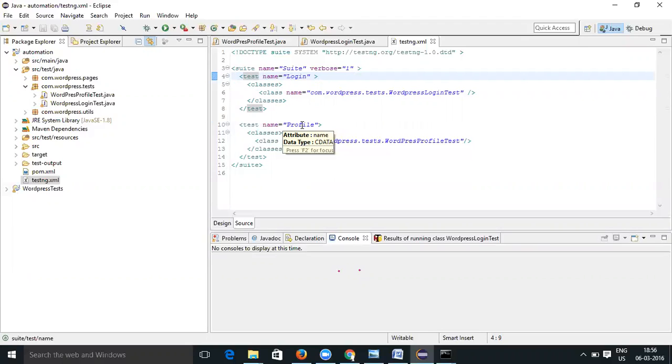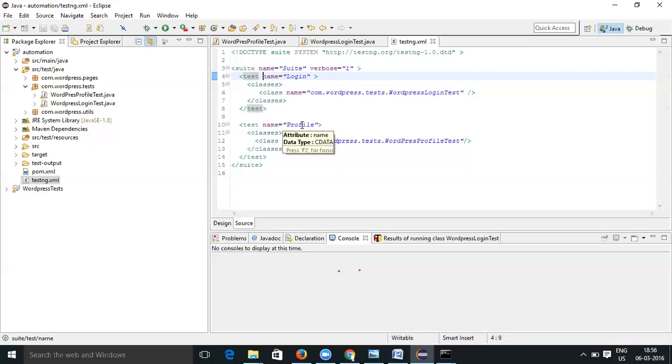Again, immediately another test will be invoked. As one node is already occupied, it will try to take the other node, which is idle. In that way, these two tests are going to be executed on two different nodes parallelly. So let's see how it is going to execute parallelly.